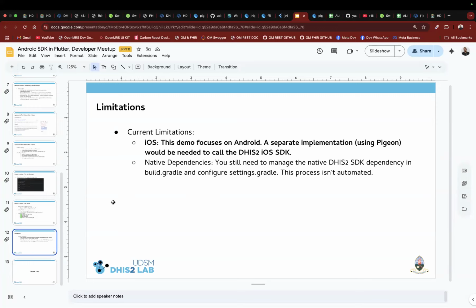So I think that is it. But we had a chance to explore those two approaches, and we also want to explore more on FFI, which is foreign function interface. It's a way where you can call native code directly without going through all the implementation that we have seen in these previous two approaches.